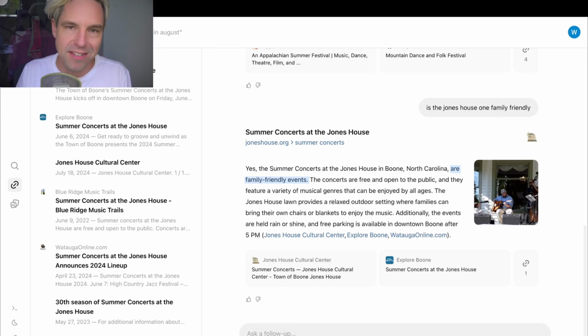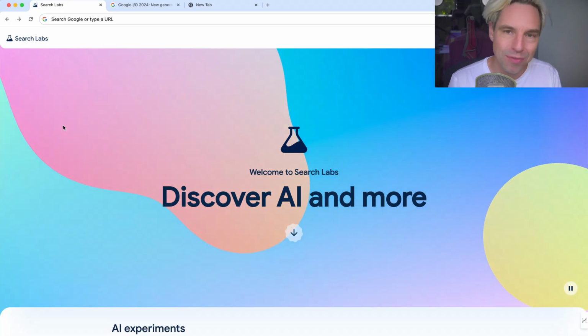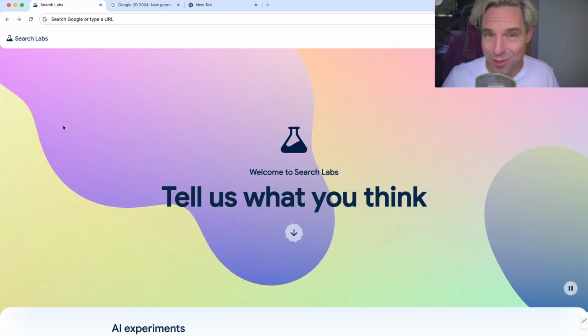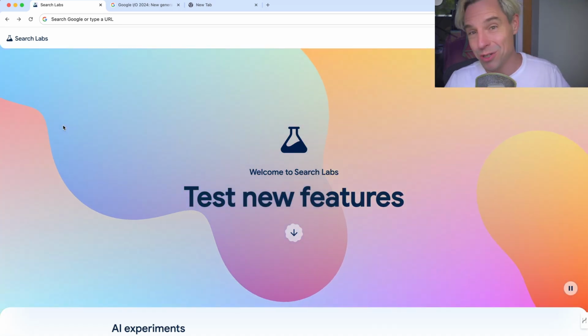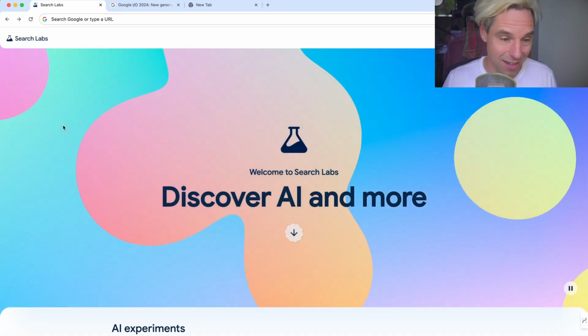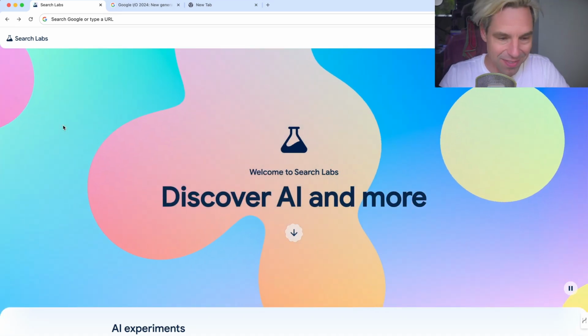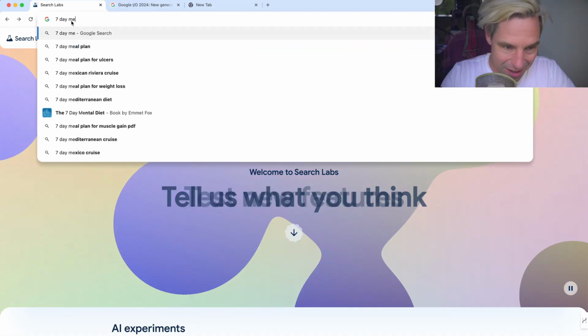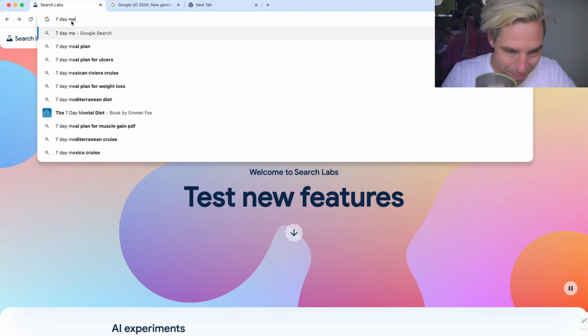But here's where things get interesting, because we saw already something similar only a few months ago, and that is Google AI Overview. It's already available to everyone in the US. Unfortunately, they got some hate and they had to pull some features back. I personally loved that and I didn't have any problems at all, but things are as they are, and let me show you. When I type in 7-day meal plan,